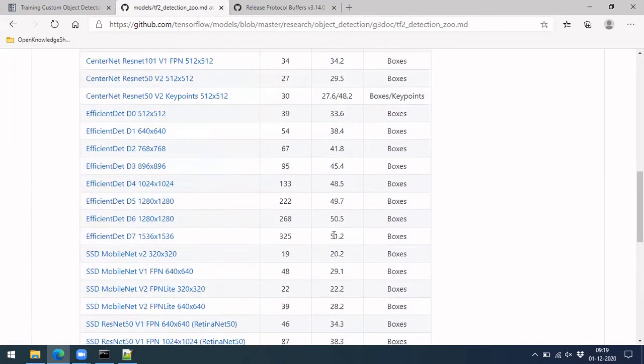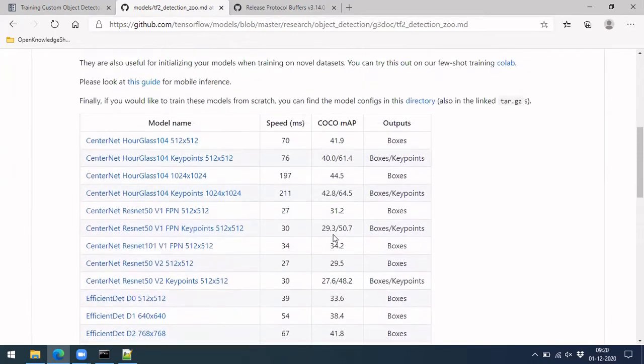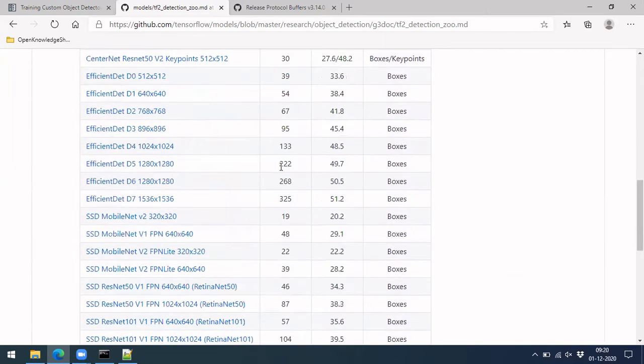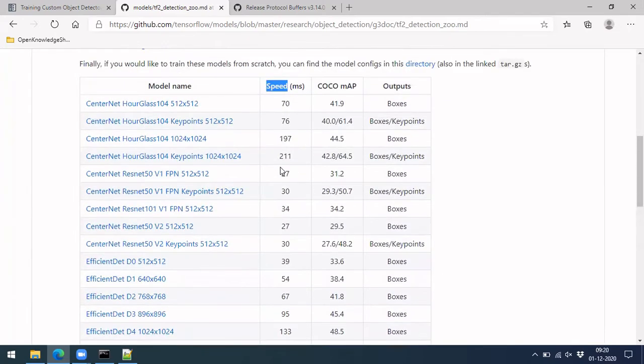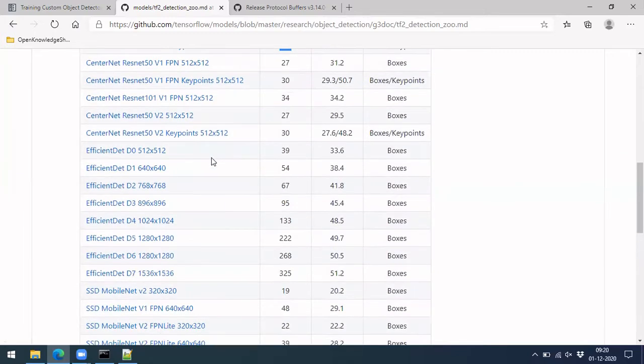So what we should do is select a model which takes less time to do an inference. As well, you can also see if it is doing well or not, because if you take a faster model, it will mostly be a simpler model, which is not doing well at all, so that doesn't serve our purpose. If you take a very large model like this, which takes 211 milliseconds, the model is very large, so it may not fit in your system as well. So that kind of situation is also there.